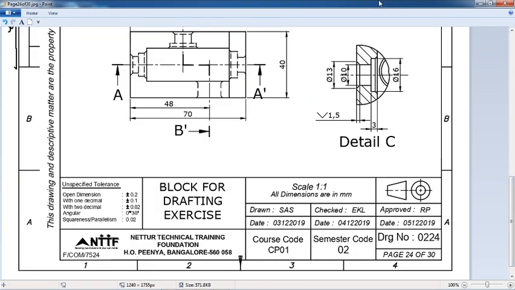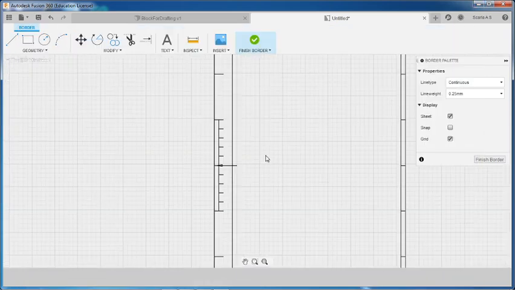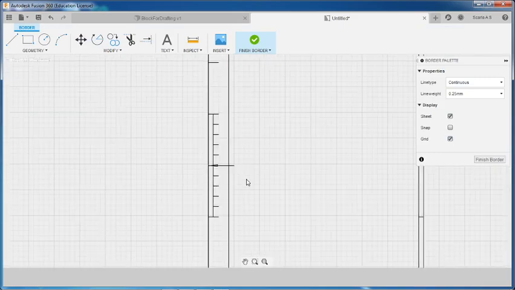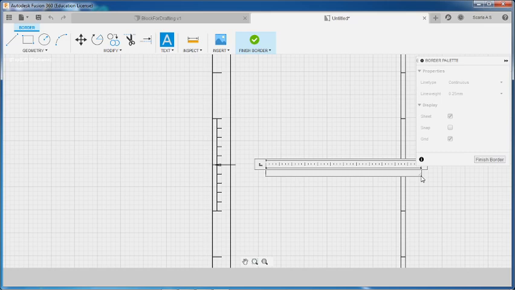So this drawing and descriptive matter are, so what we will do, just use the text, then select somewhere here, then type this,